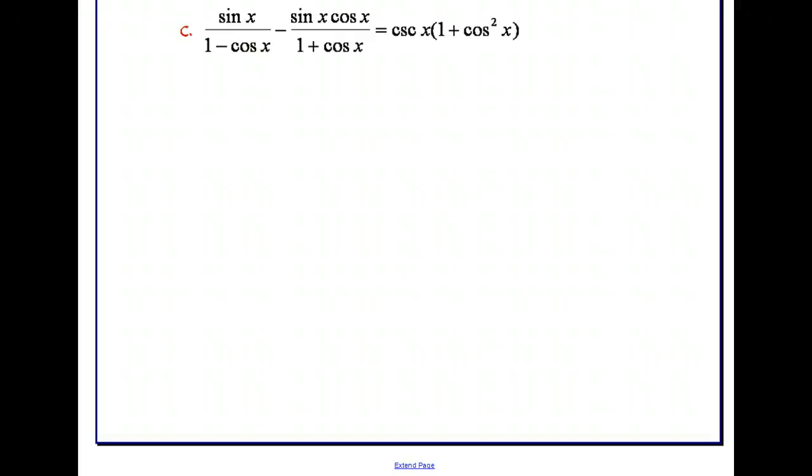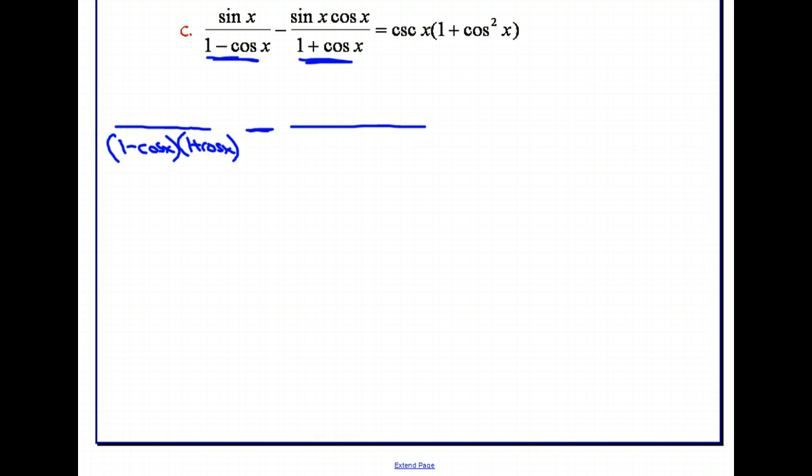Okay, I would start on the left side. I've got the addition or subtraction. That's the more complicated side. I've got a fraction. How do we subtract fractions? Get a common denominator. So I need a 1 minus cosine, and I need a 1 plus cosine. I have the two different parts. Here was the 1 minus cosine. Here's the 1 plus cosine. So I need both parts